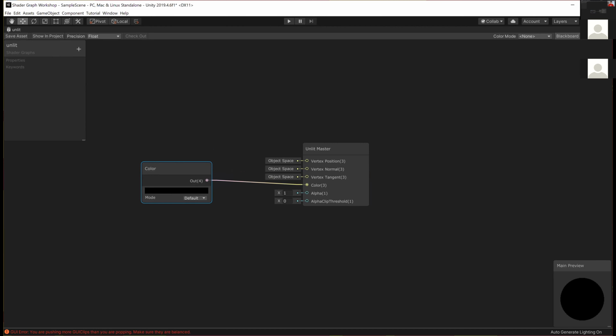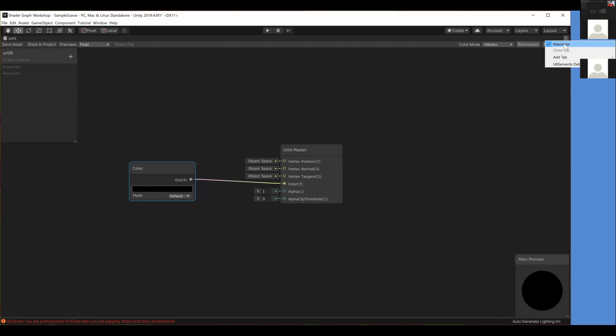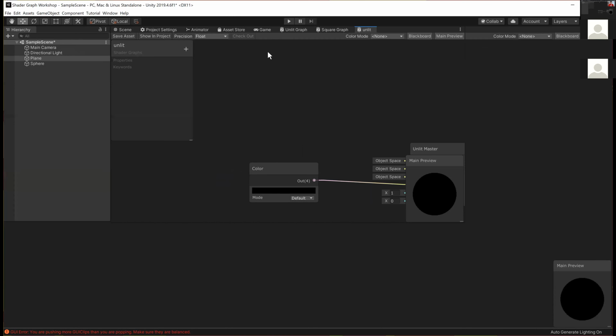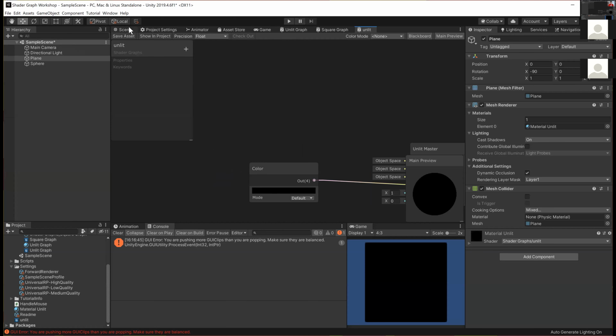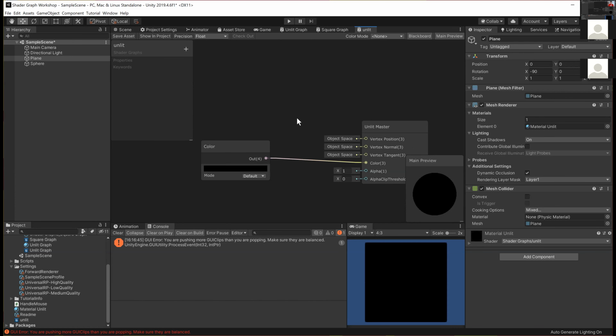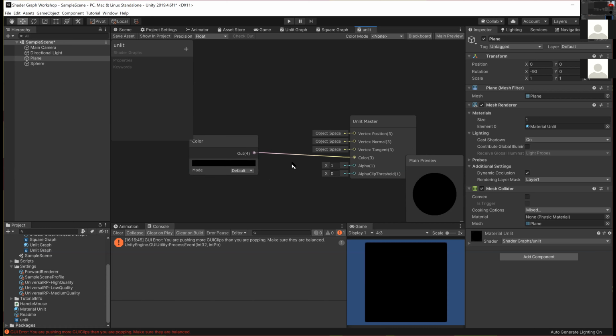Then if I want to see this represented, I need to come up here to the top left and click Save Asset. Having done that, now I can come to the scene and see that my object is actually colored in this black color. Great. But that's very boring. If I just want to color something a single color, I probably wouldn't need to learn how to work with shaders. The interesting thing, of course, comes when we start manipulating those colors